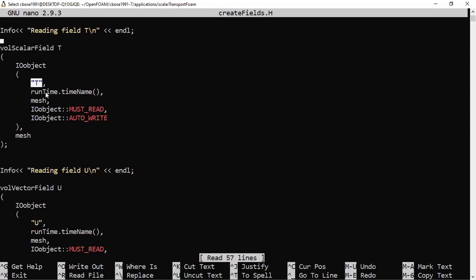It will be solved for at runtime and on the mesh, and it must read. What does this MUST_READ command mean? That means that you have to have this entity in your initial and boundary conditions in the 0 folder, otherwise it will show an error. Is that clear? And AUTO_WRITE means it will write the solution of this T.